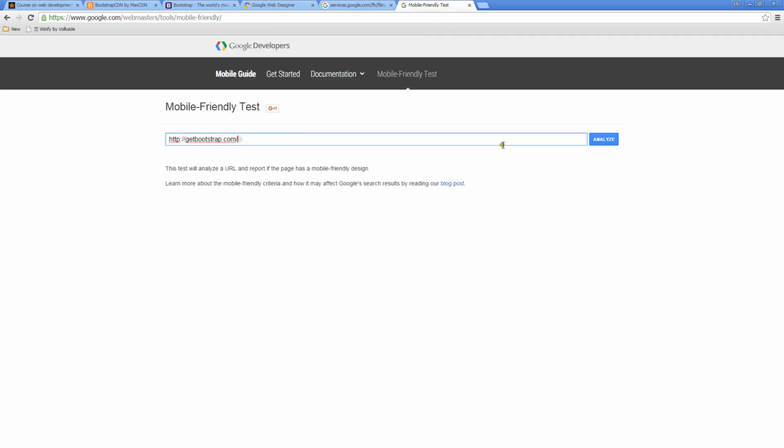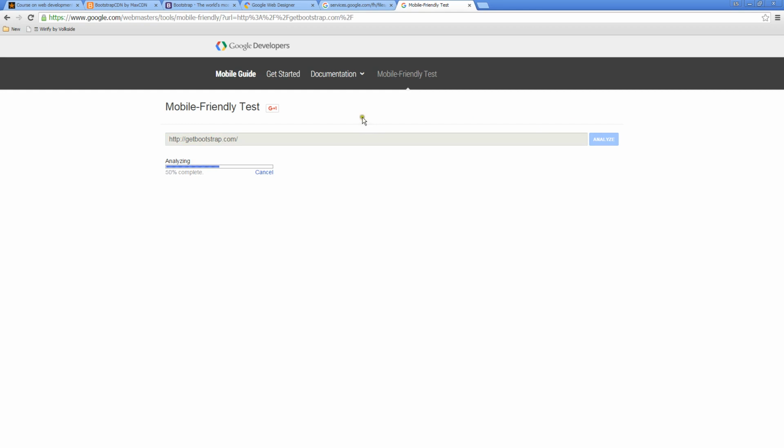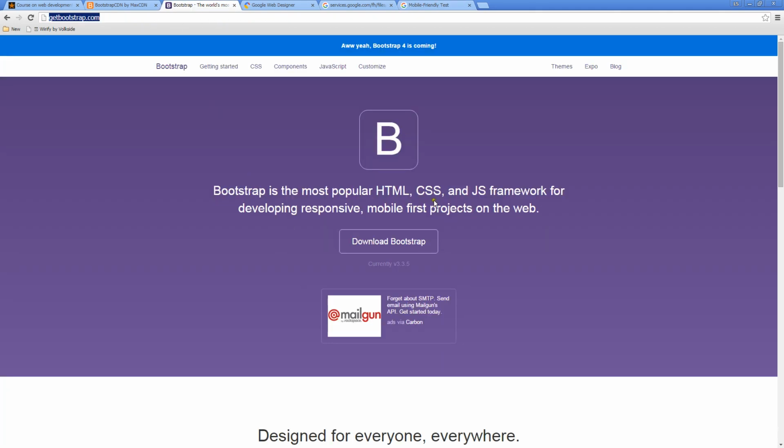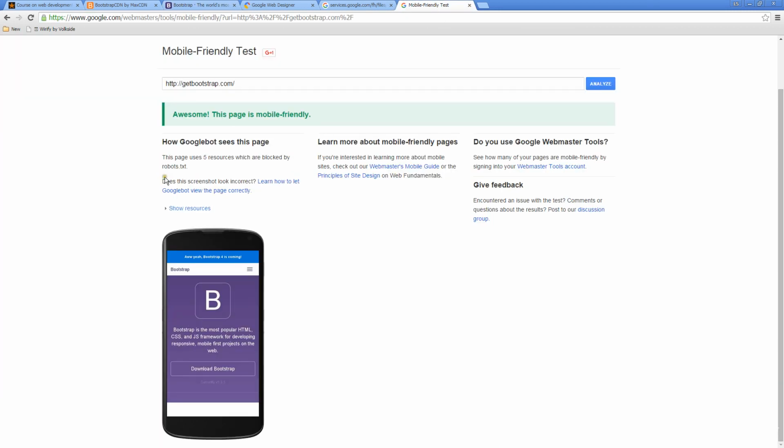So I'm just going to take that URL and I'm going to do analyze and see if Bootstrap's site comes back mobile friendly. And hopefully it does, because Bootstrap is a mobile friendly responsive design framework. So we're going to be using this as well to build out some of our web projects. So it is mobile first, and it does come back mobile friendly,